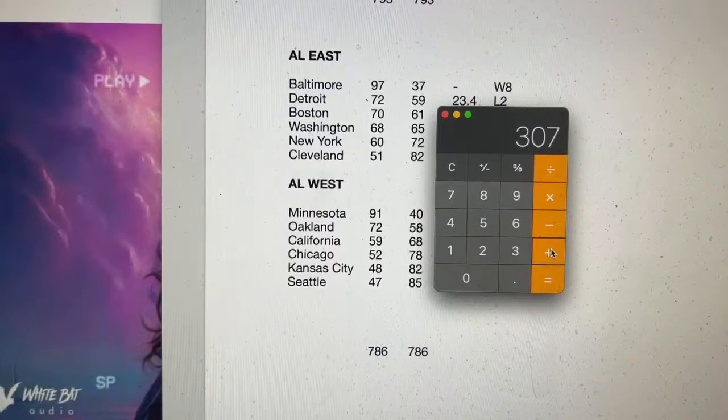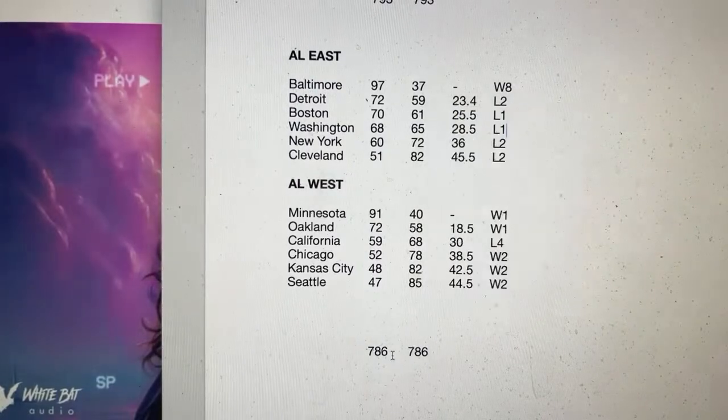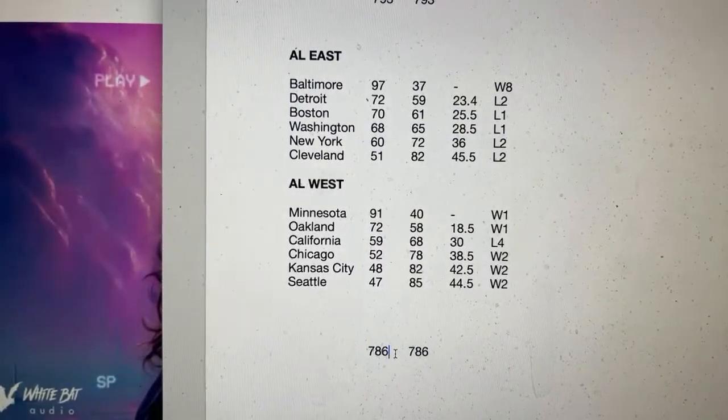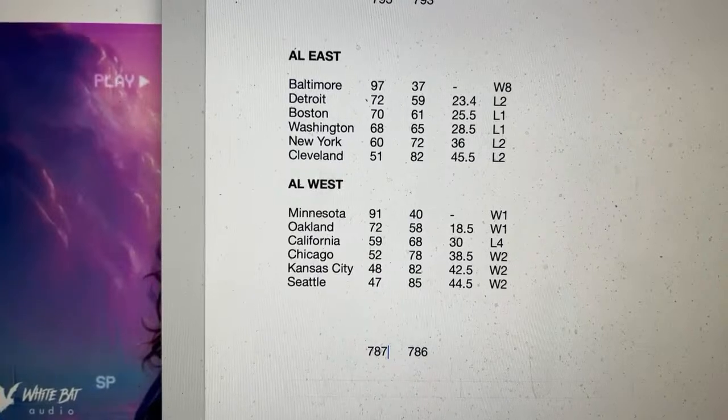It's just a double check. 111, 163, 111. Sometimes I make a mistake. 4095. That should be 787. It is. Mathematics does not ever disappoint.